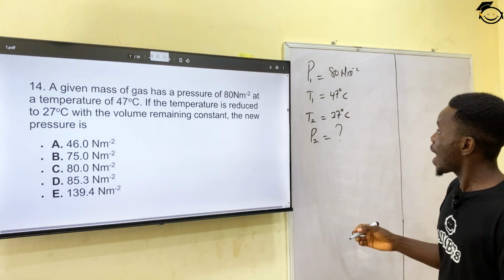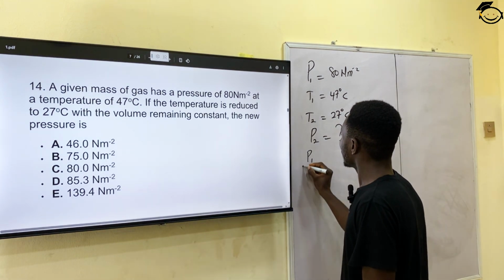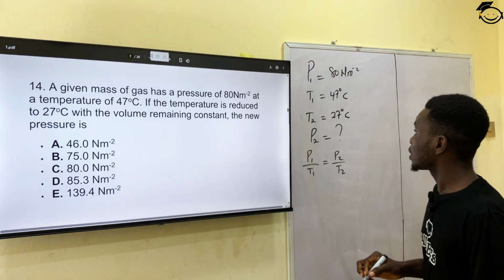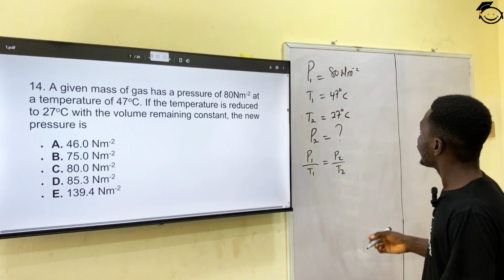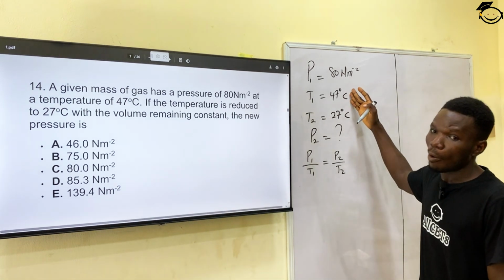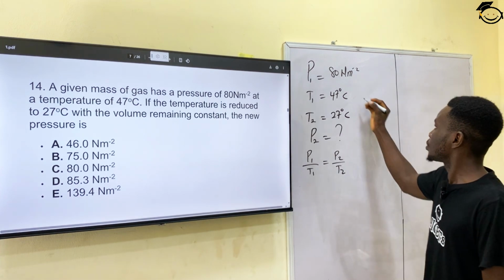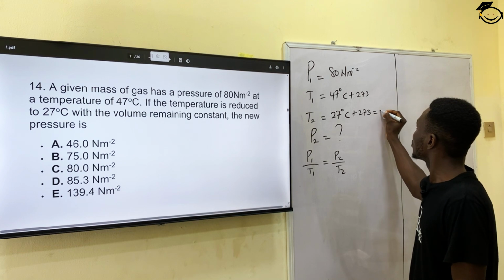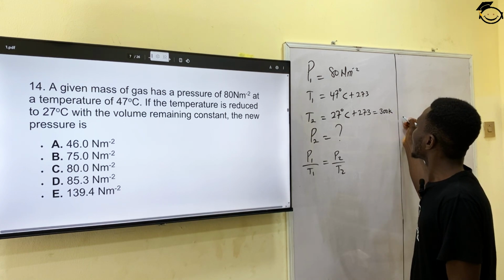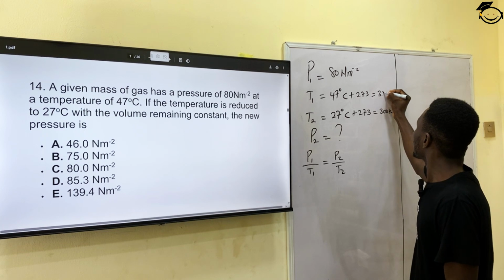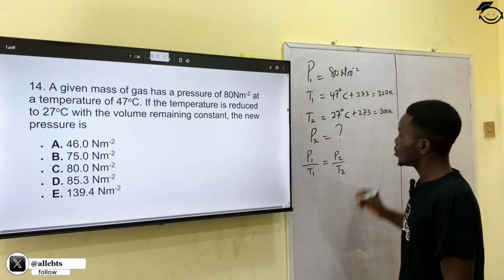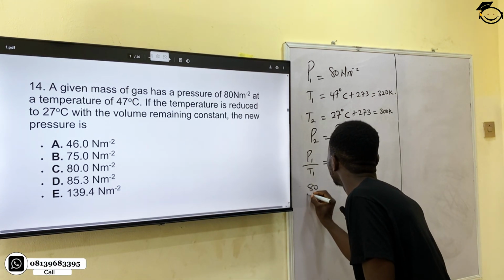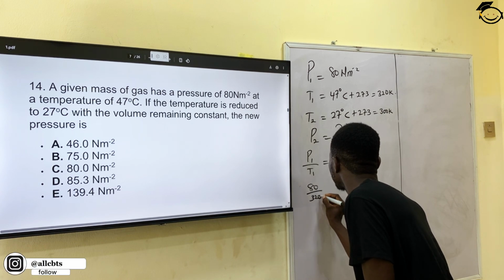So if you apply your gas law formula, which says that P1 over T1 is equal to P2 over T2, we're just going to find our P2. But before we do that, we have to convert our temperature in Celsius to Kelvin by adding 273. So this will give me 300 Kelvin, and this will give me 320 Kelvin. So if I input this into our formula, this means that I have 80 over 320